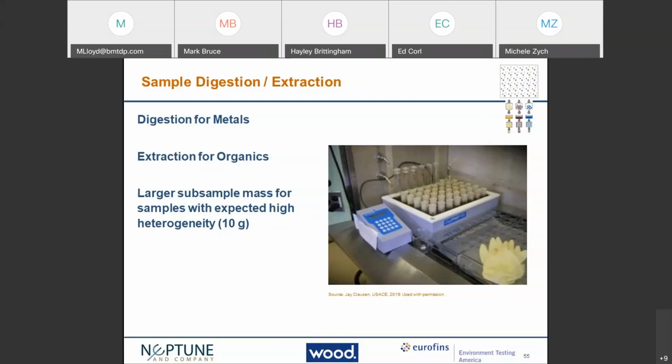So labs that do a lot of these have actually scaled up their metals digestion so they can actually accommodate 10 grams of sample. So this is something for the project planners to keep in mind when you're doing that planning and have those initial discussions with the lab. Now, there are some less frequently requested inorganic methods, let's say for cyanide or something like that. And most labs haven't scaled those up to larger subsamples. And that's an important thing to talk about if those parameters are of interest.